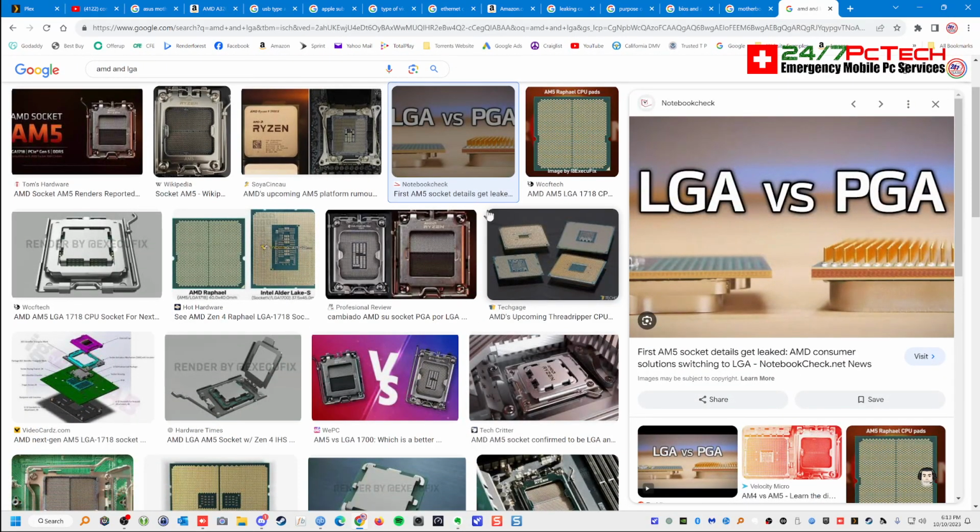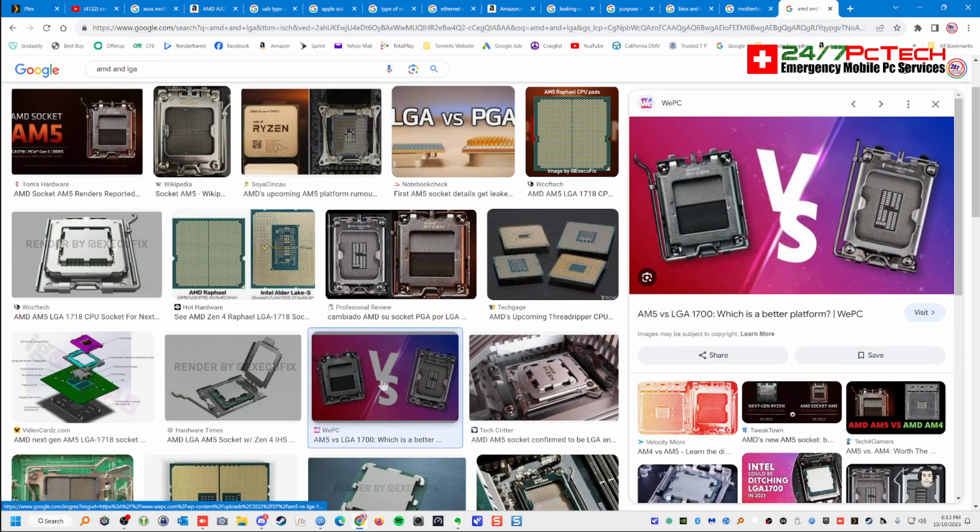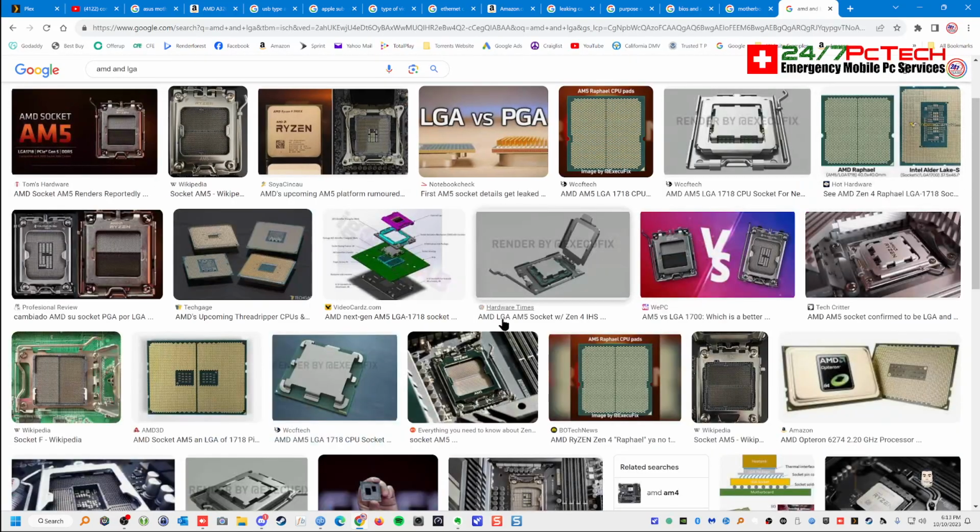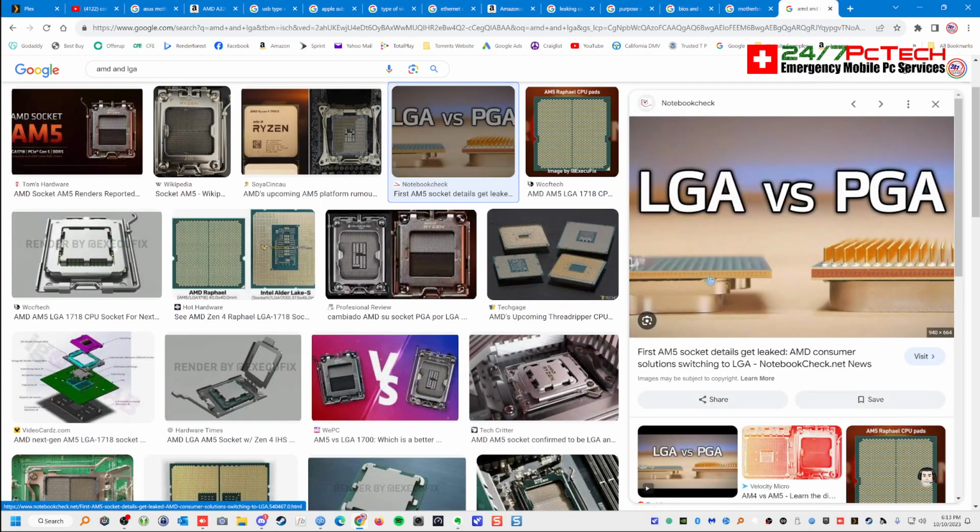That's the types of sockets. PGA versus LGA. So I personally like the sockets on the LGA side, which is the Intel, because